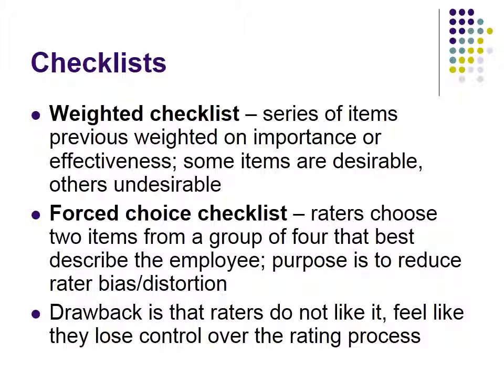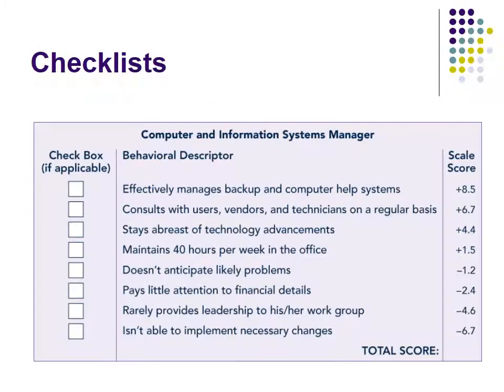They feel like they lose control over the rating process. And a lot of times you do have a situation where you really have either a really great employee or a really horrible employee. And the forced checklist is going to keep you from giving them spotless reviews. By forcing you to always choose a couple items out of each list, you're almost forced to occasionally give people some neutral ratings. And likewise, someone that's really poor in their performance, you're occasionally going to give them some relatively neutral ratings, when what you really want to put down, and is accurate at that point, is either all positive for the positive employee or all negative for the negative employee.